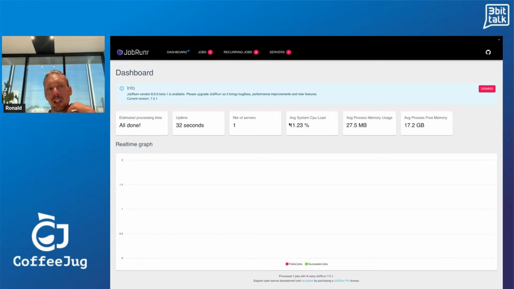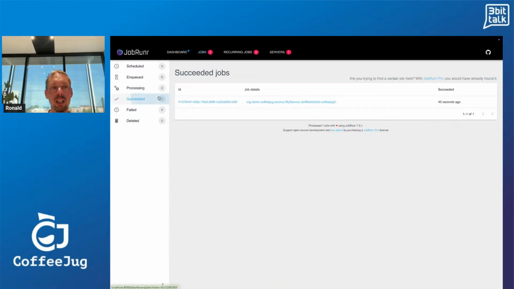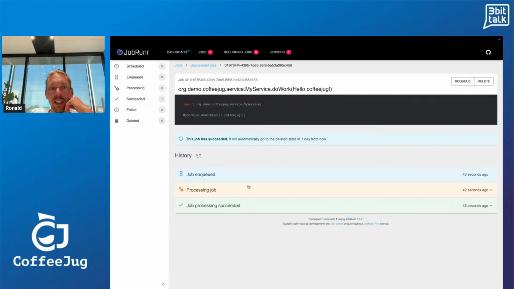By default, currently there is no work to be done anymore. We have the uptime. We see how many servers participate in job processing. But if I go to succeeded, I see here that this job actually succeeded. It succeeded 50 seconds ago, and 1 day from now, it will go to the deleted state, and then afterwards, it will automatically be deleted.